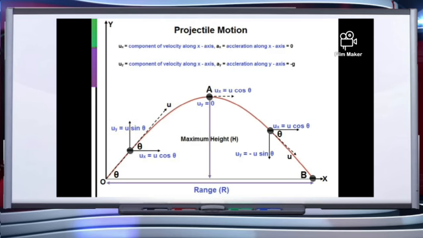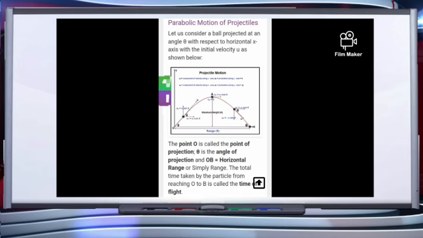See that we are going to throw the object from point O, and the object is going to reach point B by traveling to the maximum height at point A. See that O is the initial point from where we throw the object, A is the maximum height, and B is where the object is going to reach. Now we have the parabolic motion of the projectile, you can say. So see the diagram, the same diagram that we discussed in the previous slide.